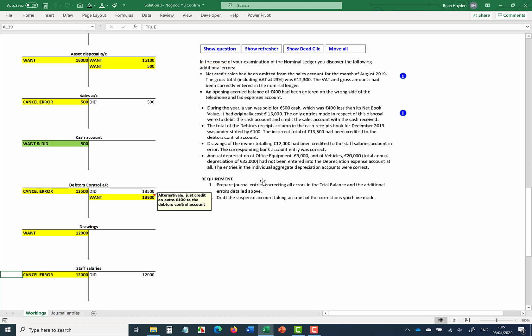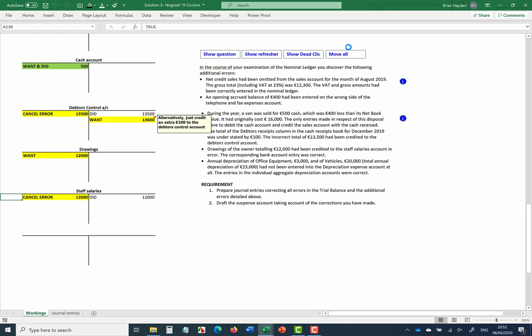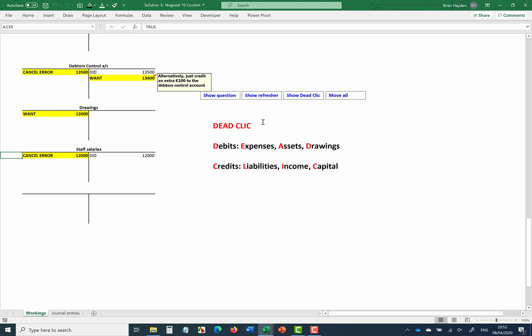Okay, and finally, again, I'll just move these down a little bit. So finally, annual depreciation of office equipment, €3,000, and our vehicles, €20,000, total of 23, had not been entered into the depreciation expense account at all. The entries in the individual aggregate depreciation accounts were correct. Now again, something was missing from the depreciation expense account, and again, expense account is a key word. If something is an expense, what dead click tells me is it must go in the debit side of a ledger